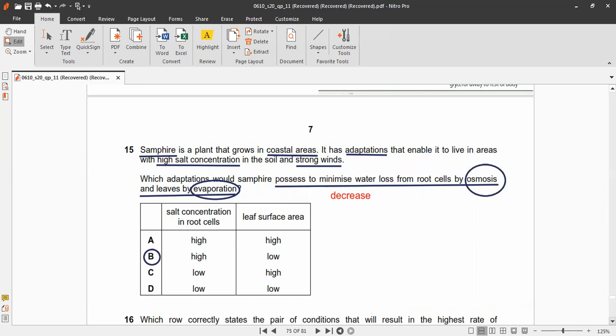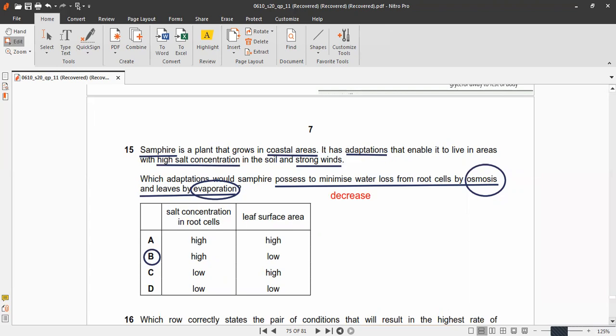and low water potential. So water doesn't diffuse from the root cells to outside, and also leaf surface area low. This decreases the rate of evaporation, the rate of transpiration. So the correct answer is B, salt concentration in root cells high and leaf surface area low, because here we wanted to decrease water loss from root cells by osmosis and decrease the water loss